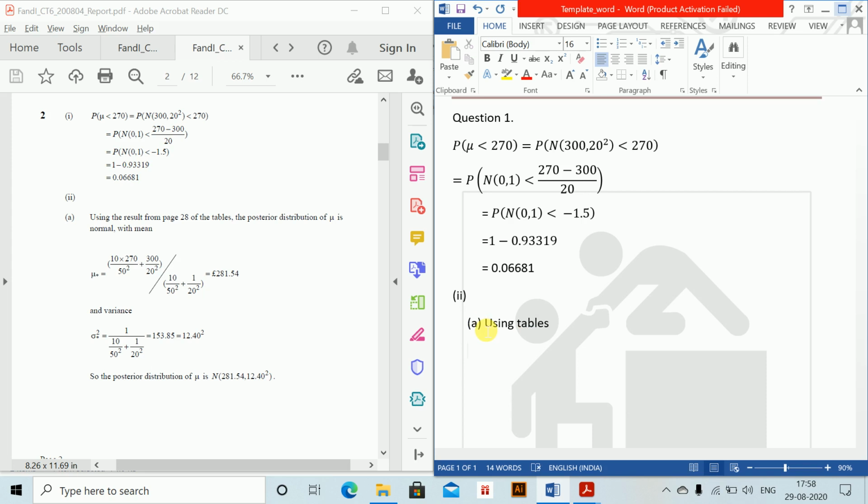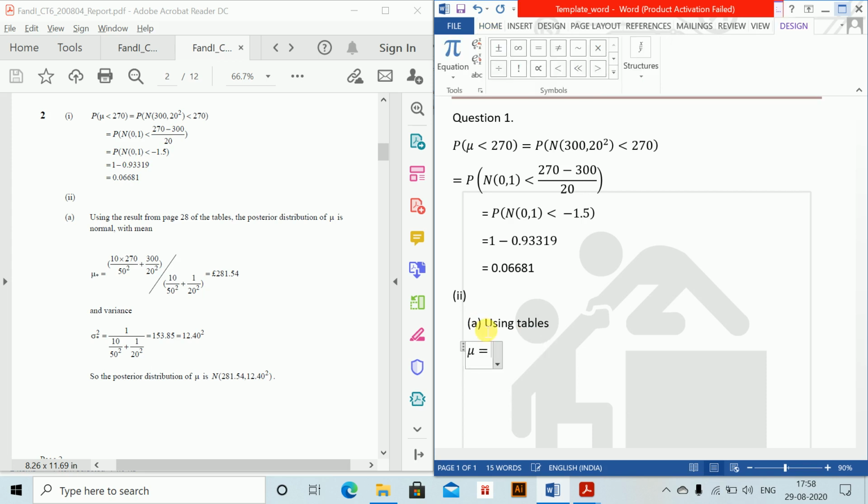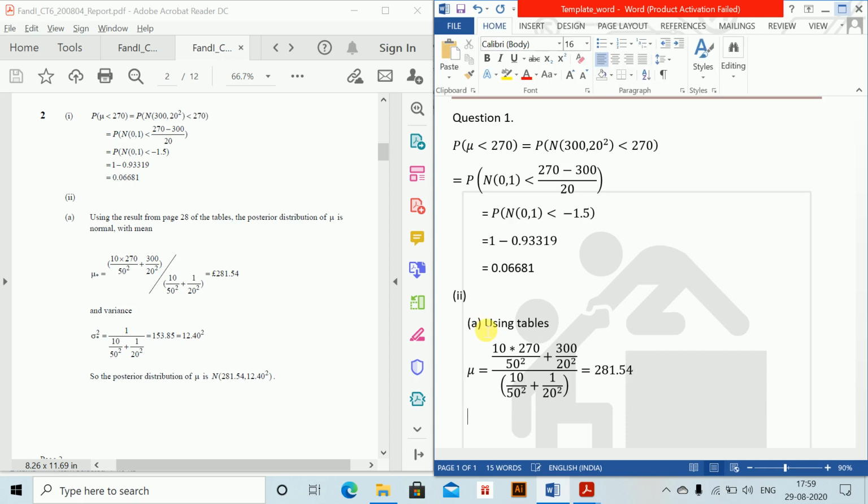Okay, we have mu is equal to (10 into 270 divided by 50 square), just putting this in brackets is better, plus 300 by 20 square, divided by (10 divided by 50 square plus 1 divided by 20 square), which is equal to 281.54. So mu is this and